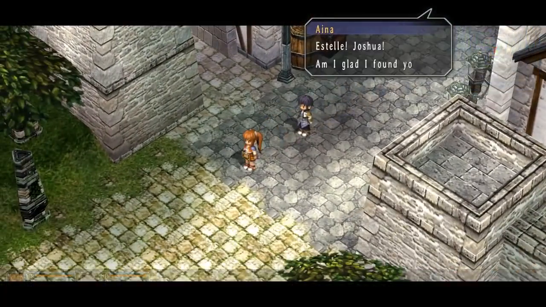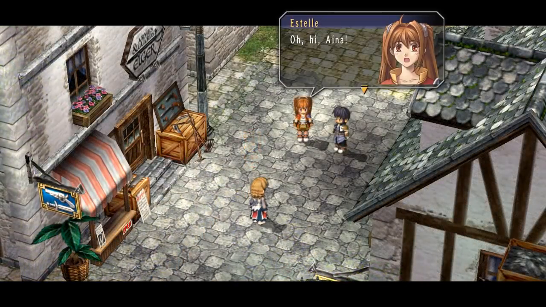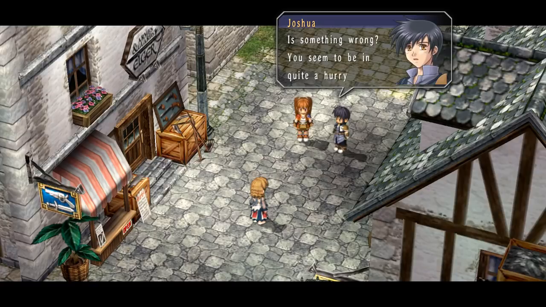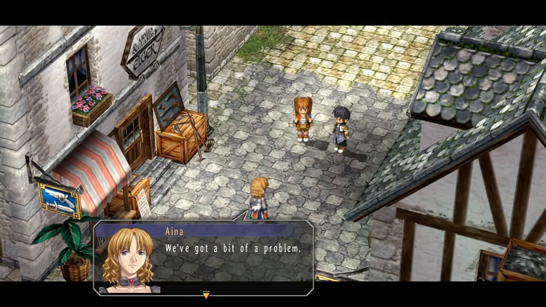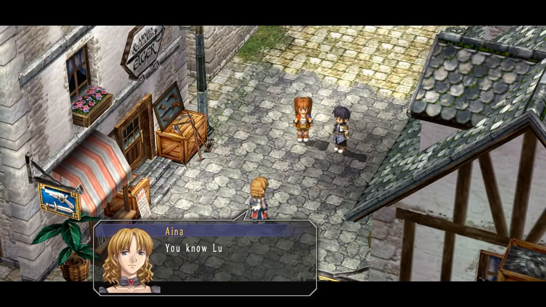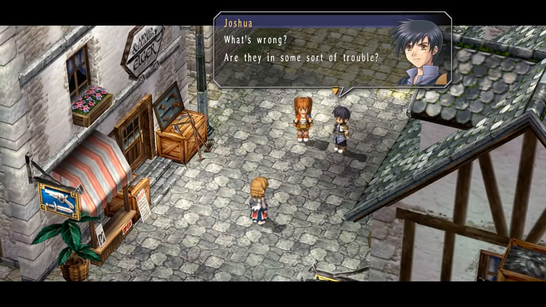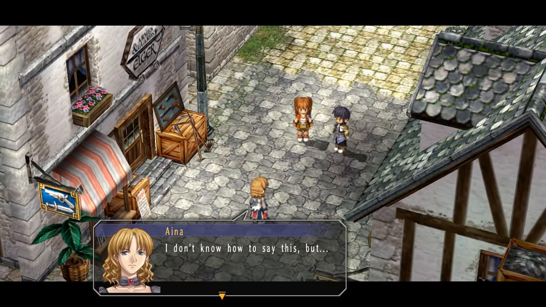Alright, I guess our goal is to leave. What? Donde? Mamma mia? Baguettes? What's up? We got a problem. Is your father at home? Yeah, something about having to sort out a bunch of documents. What's up? You know Luke and Pat, right? Sure we do. In fact, we saw him not too long ago. Well, that's wrong. I don't know how to say this, but,